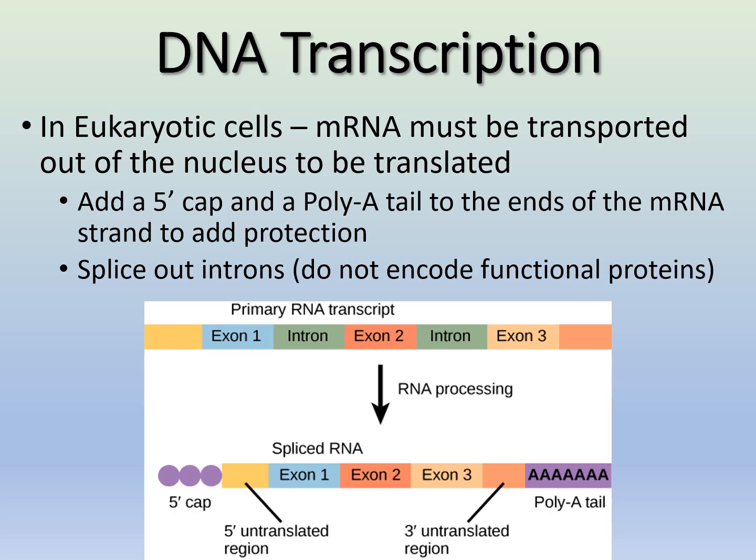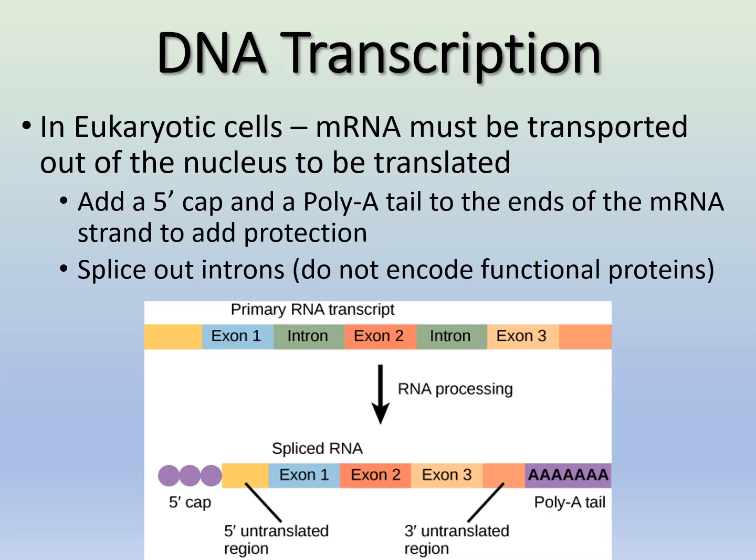What happens is it actually adds some ends on either side of the mRNA. On the 5' end, it creates a little cap. And then on the 3' end, it creates this poly A tail. Just a repeating sequence of A's, and essentially that's going to add some protection for that mRNA